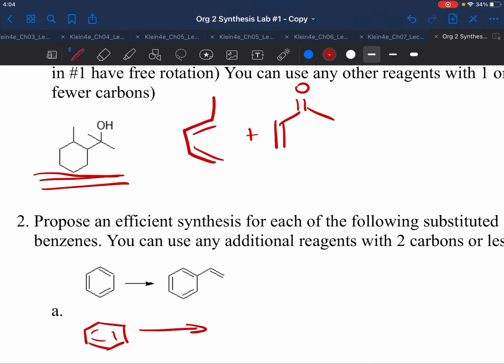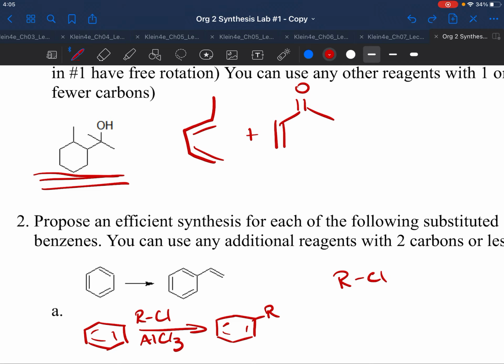right? And let's think about this generically. If you are going to add in RCl with a little bit of aluminum trichloride and put in that R group, this carbon in the RCl needs to be an sp3 hybridized carbon. You cannot just put in that double bond. So we can put in a 2-carbon piece, but we have to think about adding in the double bond afterwards,